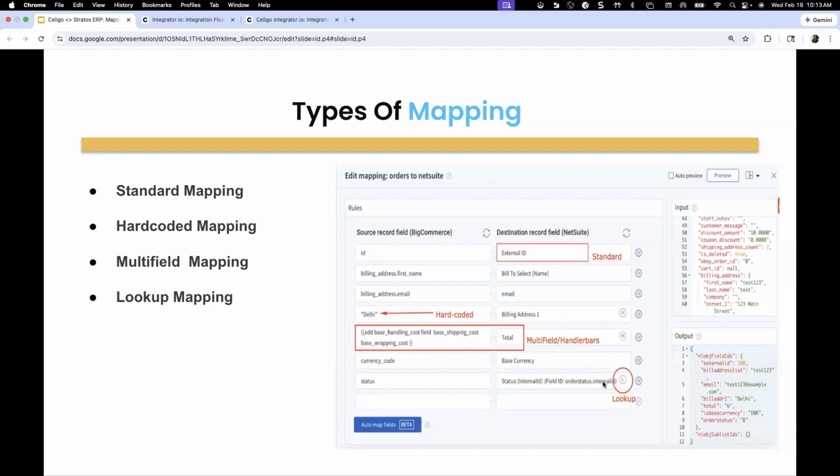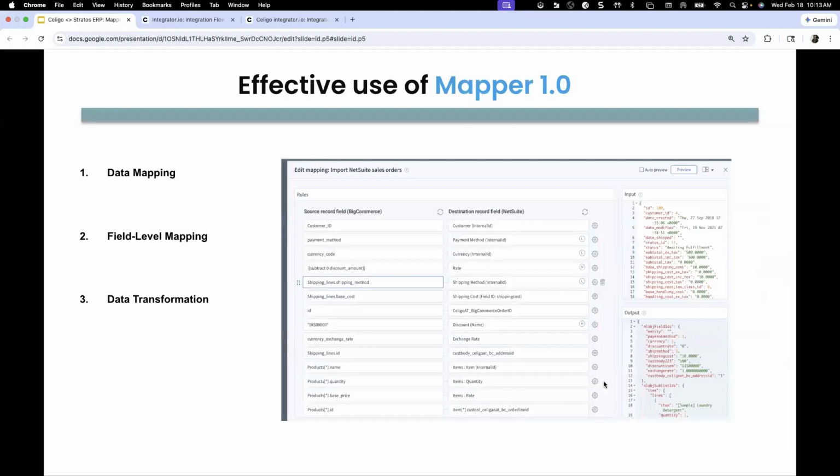And finally, the last one is lookup. So, for example, say in most of the systems, right, when you're working, the country code in your source system is United States versus in your destination application it is USA, right? So you need some translation table, and that is when lookup comes into the picture, where you can easily create a translation table. And again, I'm going to show you all this while I'm showing you the platform. But these are the four mapping types Celigo currently supports. Now going to the next